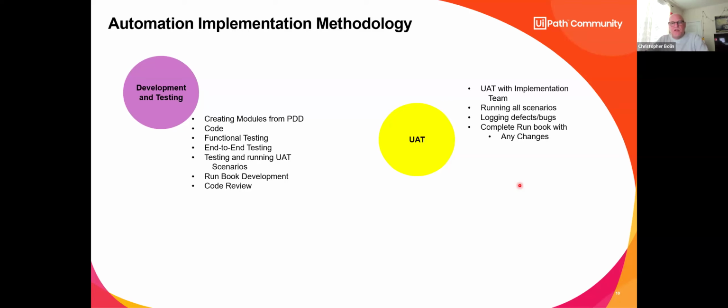So you want to do a really good UAT testing. Don't give them 3 or 4 days. Give them a couple weeks to really test it, stress test it with a lot of data. UAT is critical to the success of your automation. Run all your scenarios. Run the happy path. Run the unhappy paths. Show the errors, show the passes, show the fails, and fix those before you release it to hypercare and production deployment.